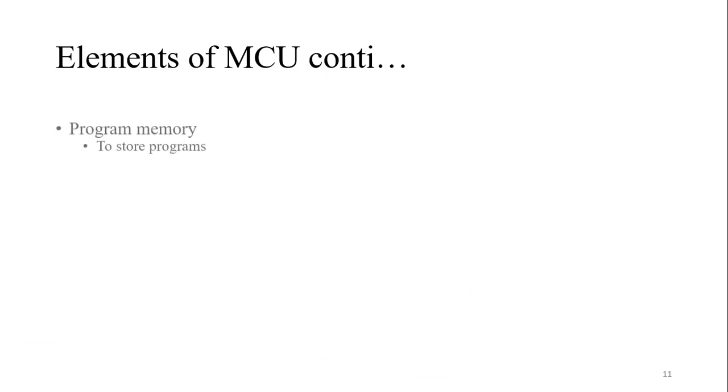Now the next is the program memory. We discussed the input devices or input readers. Then there is a program memory. A memory is already there in the MCU which can store n number of programs. So whenever you need it, you just select the program, then you can use it.